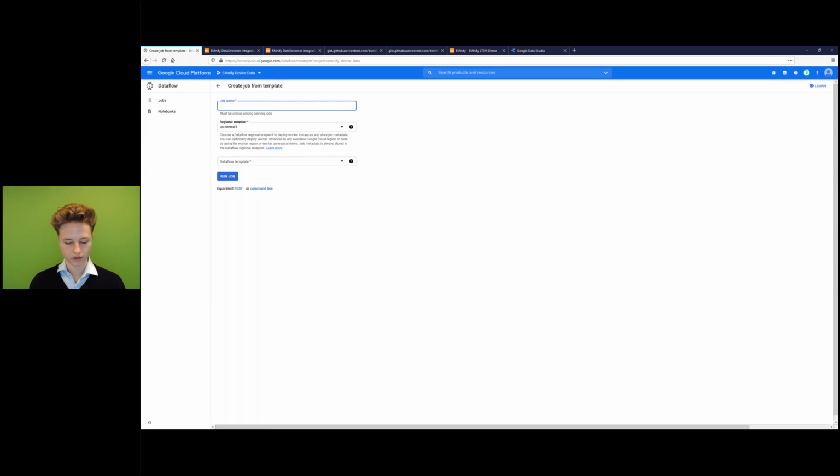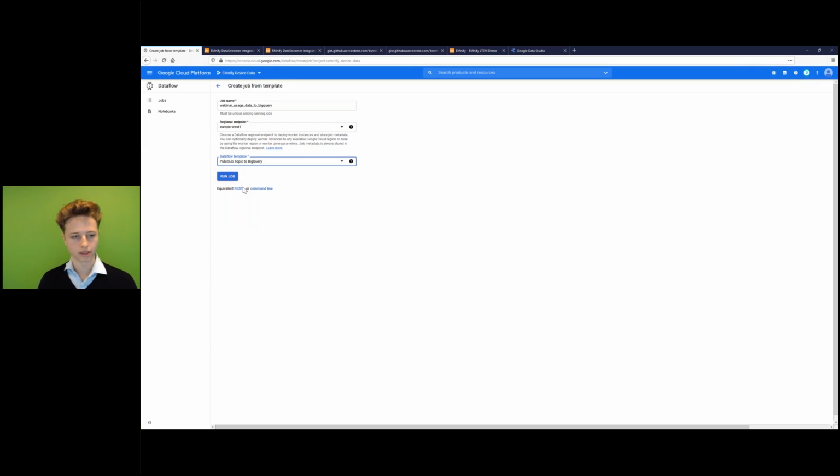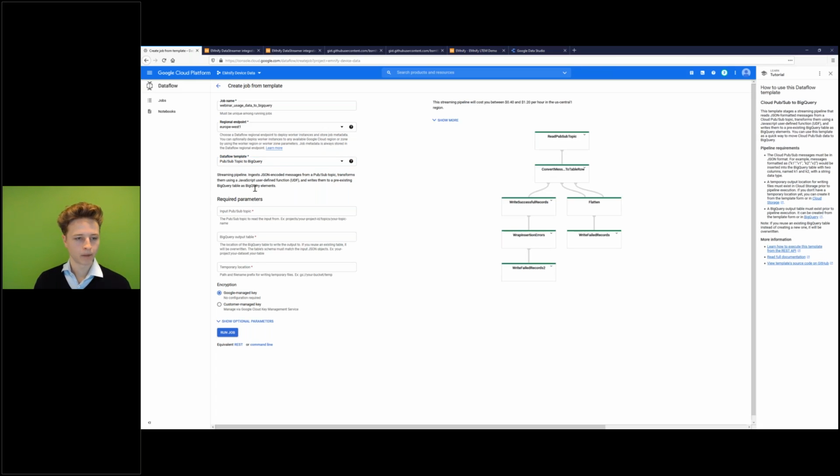We will call this job webinar usage data to BigQuery, and choose Europe as a region or whatever region you would like. And we need to select the data flow template, and here it is important to select PubSub topic to BigQuery because we want to stream the data from our usage data topic to our BigQuery table.